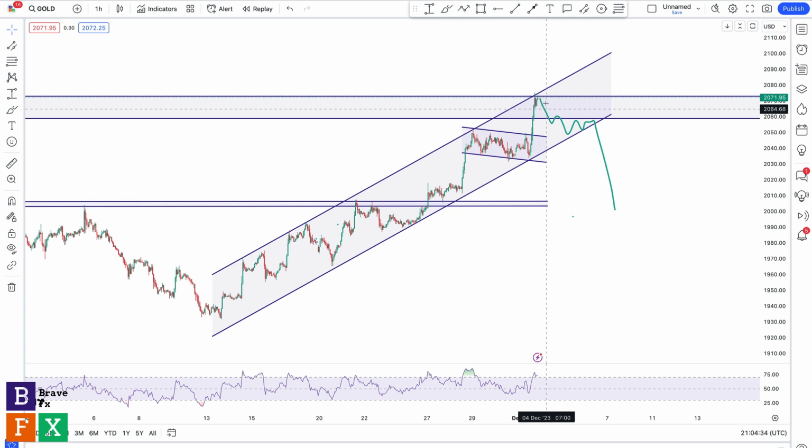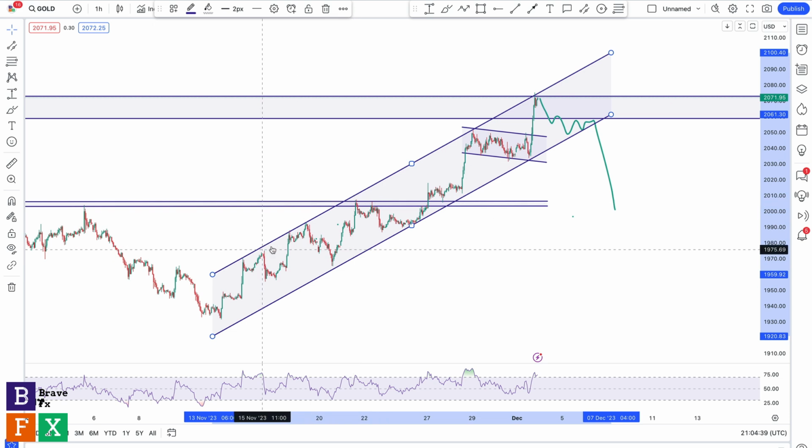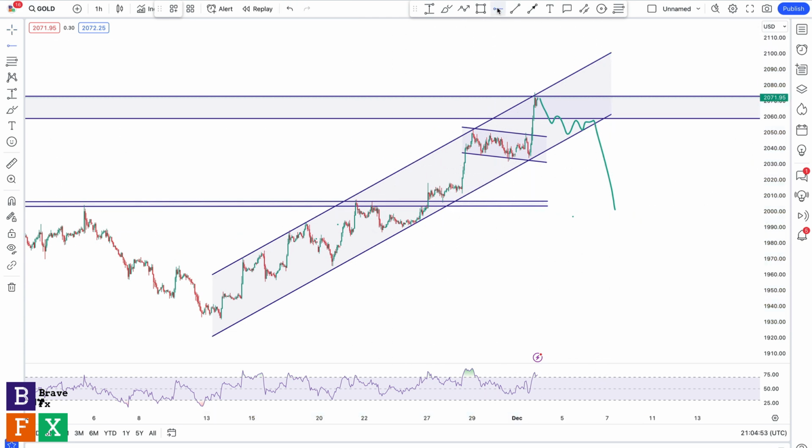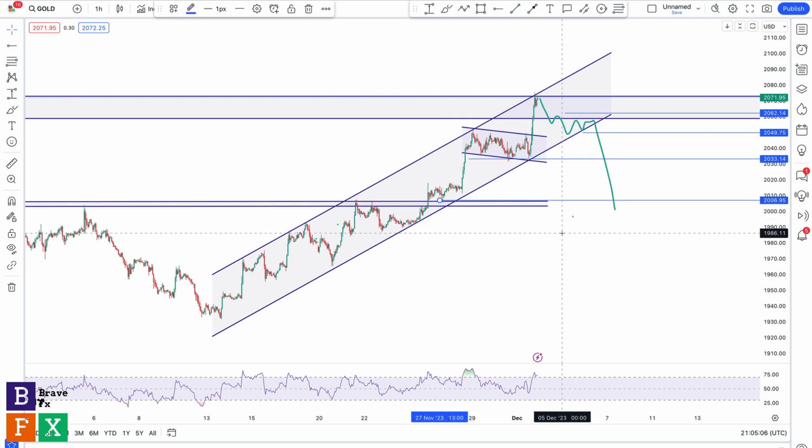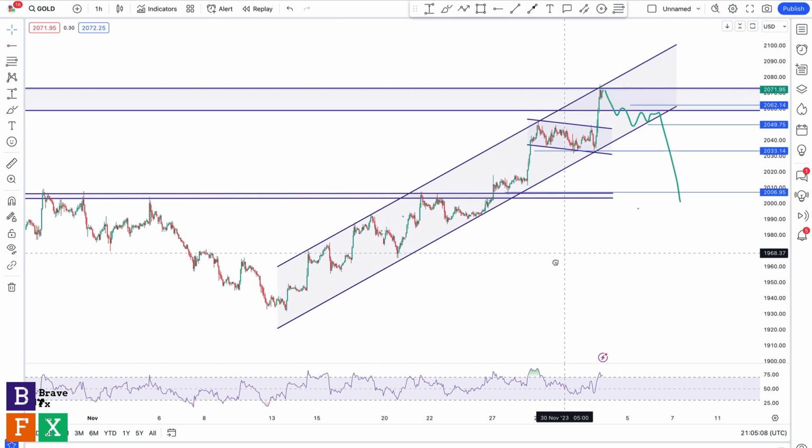So if we do get a rejection from this all-time high, which also coincides with the resistance level of this channel, then we get a pullback to the downside, just to confirm that it's not just a pullback or a reversal before we go higher. Then you wait for a small consolidation right on the support level of the channel, and then a bearish breakout. So your entry could be around this price level. Stop loss would be above the consolidation, at least to the breakout, while you trail your positions as we go lower. So we can put TP here, one, another one here, and just trail your positions as we go lower.